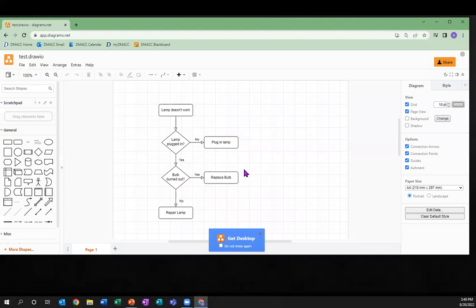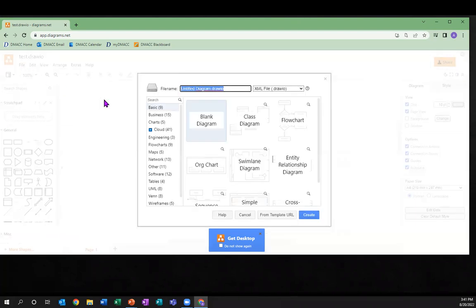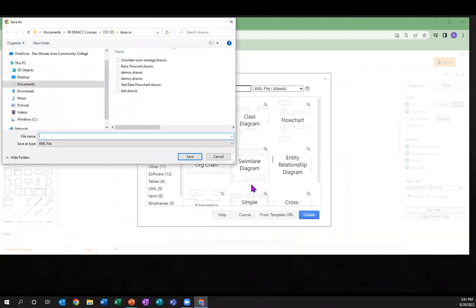One of the things that it does for us, which isn't really handy, is it comes up with a sample diagram for us. And we have to get rid of all this stuff to start out. That's why I don't suggest you go in here. I'm just trying to save you this step. We can get to where we want to go without creating this and having to go in and get rid of it. So I'm going to go back and say new, and I'm going to do blank, which is what I suggest you do. Say create,